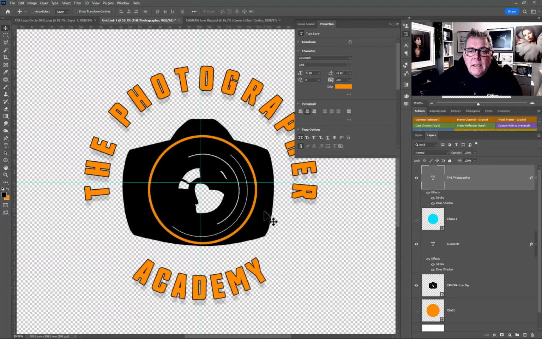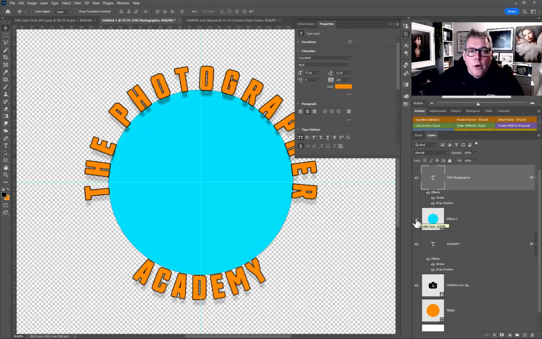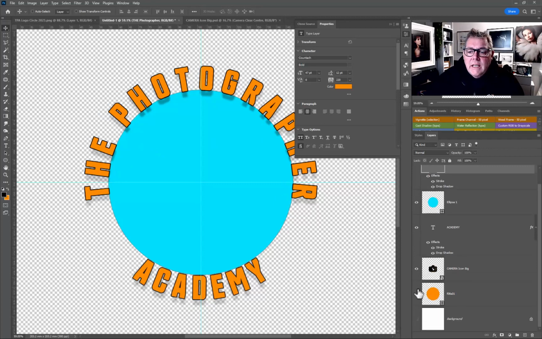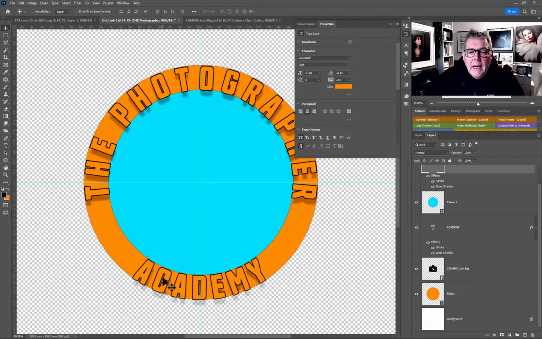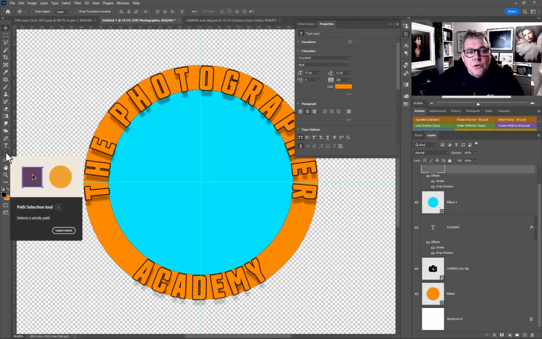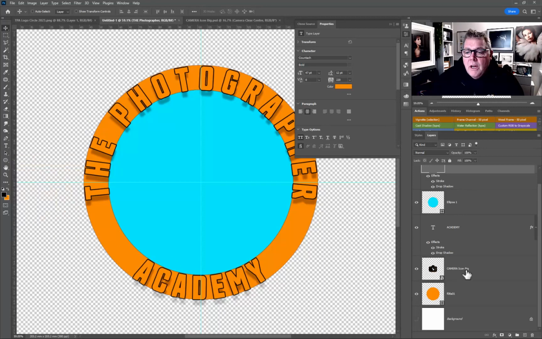So what we just created there was font all based on a circle. Initially we created the photographer font, text on the path, and then we created a secondary ellipse, and we made that ellipse bigger than the outside of the text. Once we'd done that, of course, we used the path selection tool, and then we decided where that was going to be. So in other words, if I come down onto this again and grab the path selection tool once more,